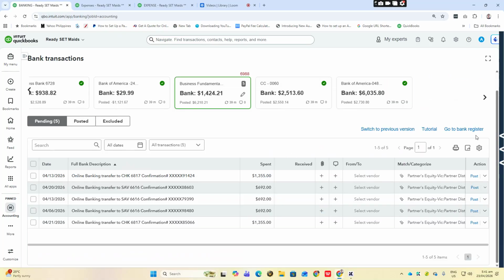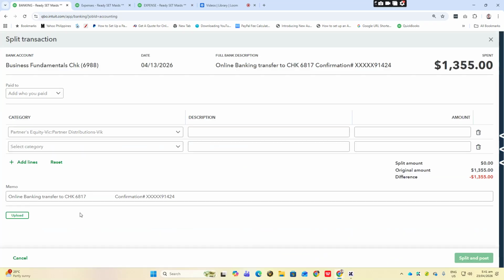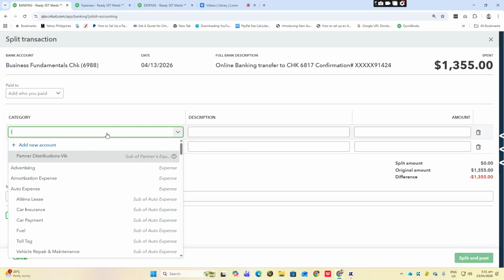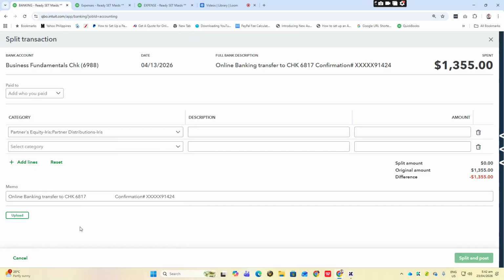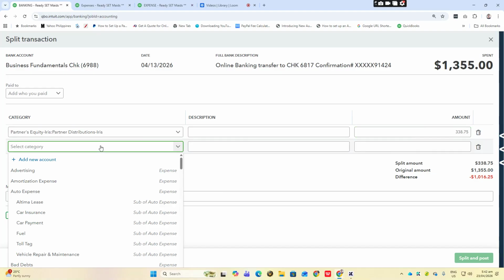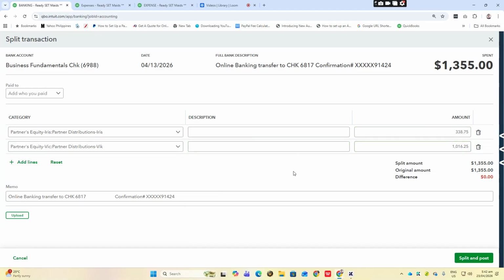This one, let's try to split 1355. So this is Iris distribution, 25%. So this is 338.75, and the rest is for Vic distribution.